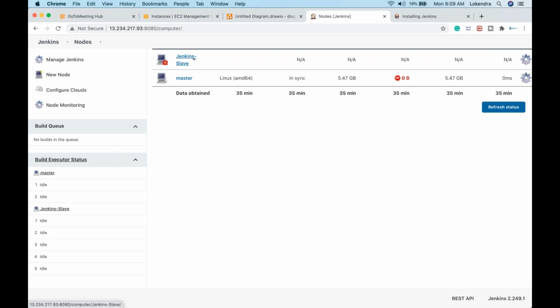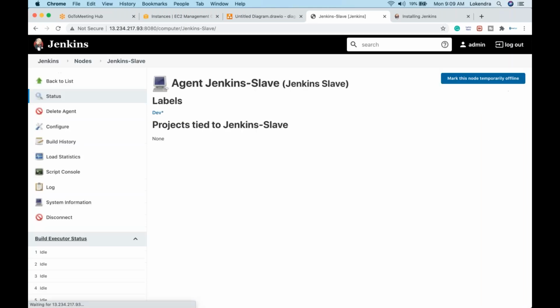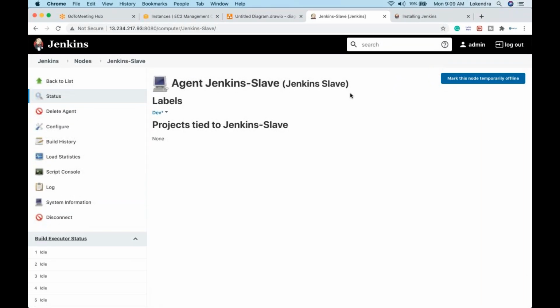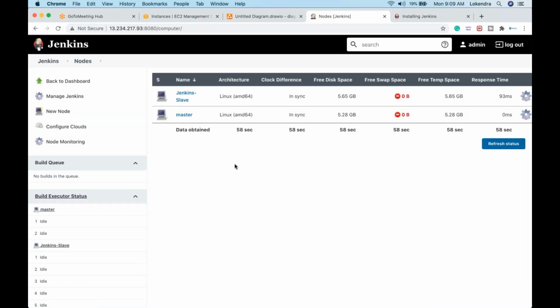Okay, what I need to do here is hit on this particular button. After that, I will see the labels available here: configure, load statistics, and other components. Once again, if I go back onto nodes, you can now see that the red cross mark has gone away.